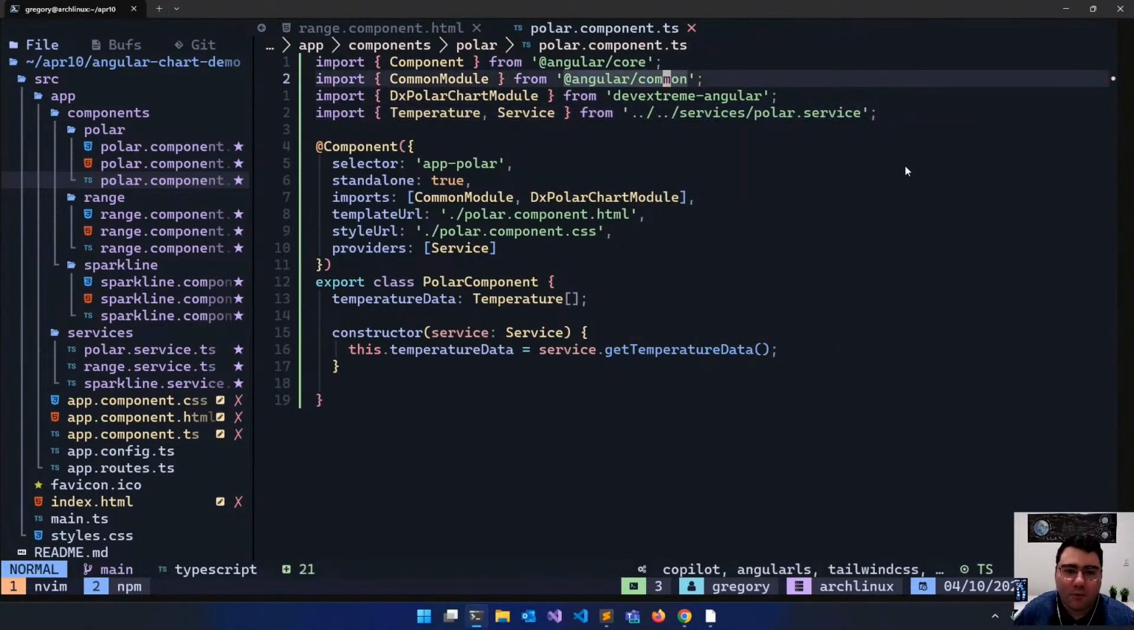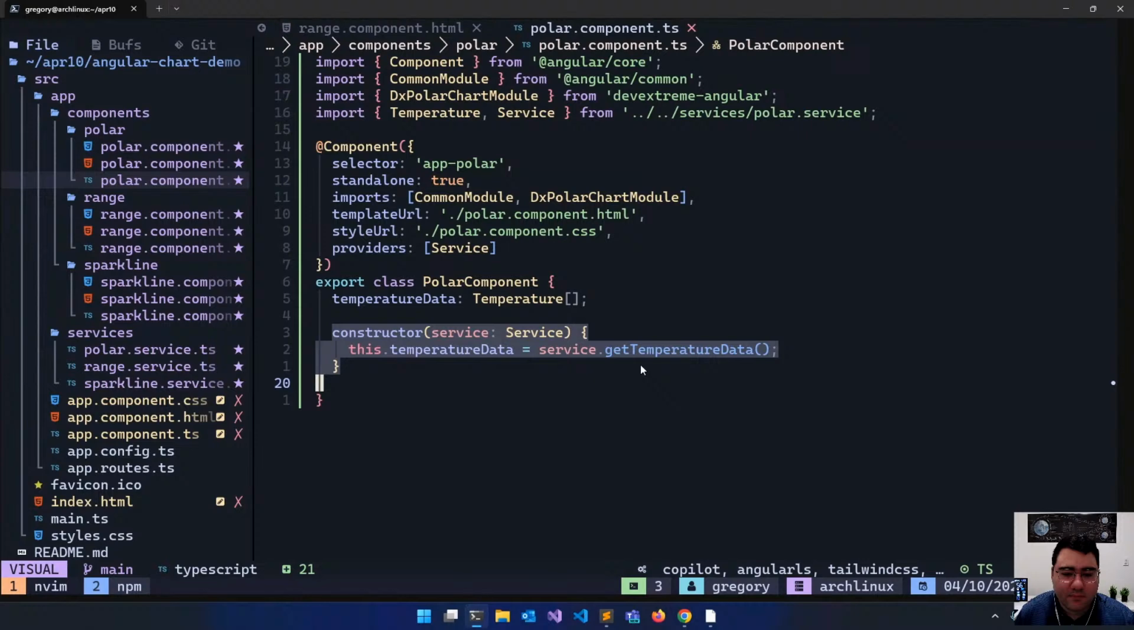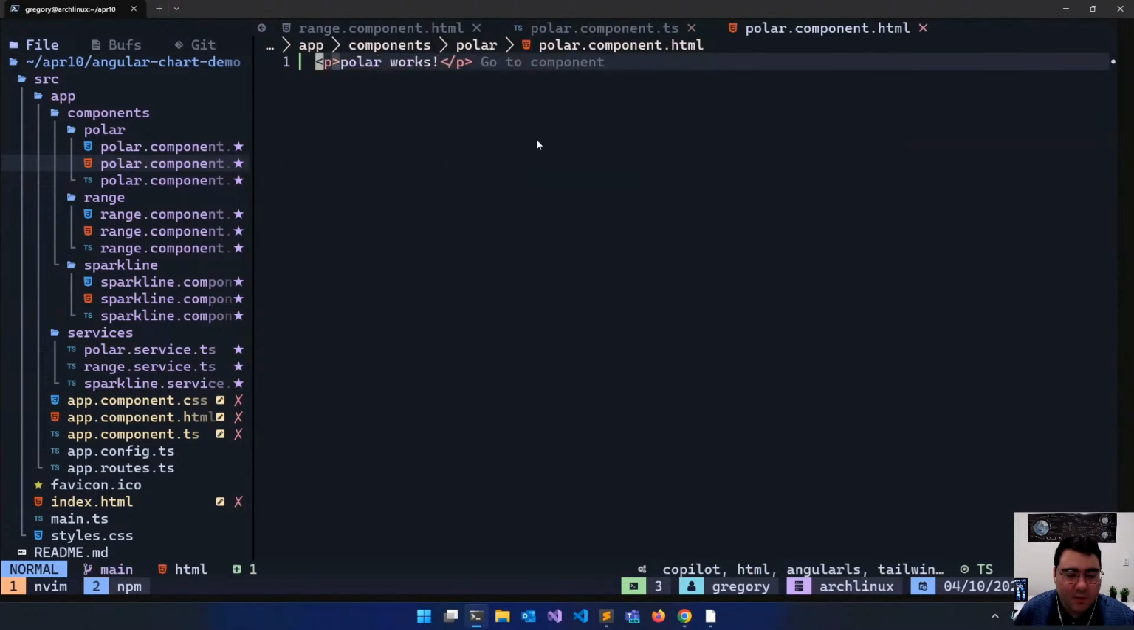And I have to go back out one more directory there. So this should be correct. And again, this is just getting our data out. Nothing too complicated, same thing as the other one, really. And for this polar chart,